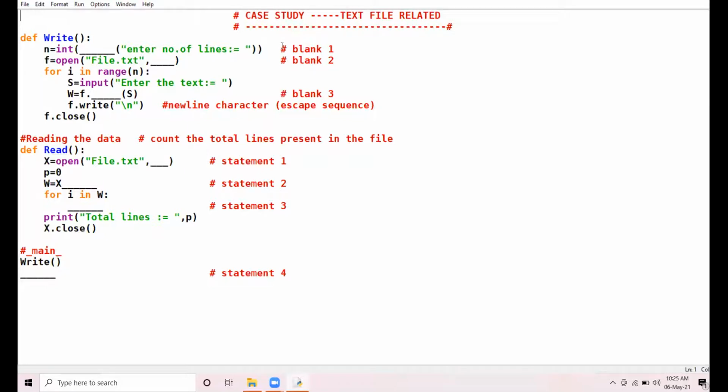First blank. The question is, fill up blank 1 with the appropriate function in order to accept the data from the user.